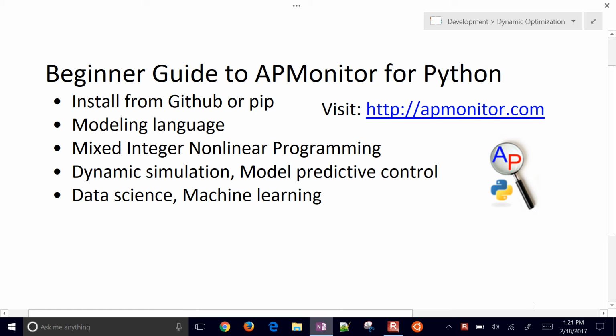This is a beginner guide to APMonitor for Python. We'll show you how to install from GitHub or from pip, show you a couple examples of the modeling language, access to some of the solvers, use for dynamic simulation, model predictive control, and also some applications in data science